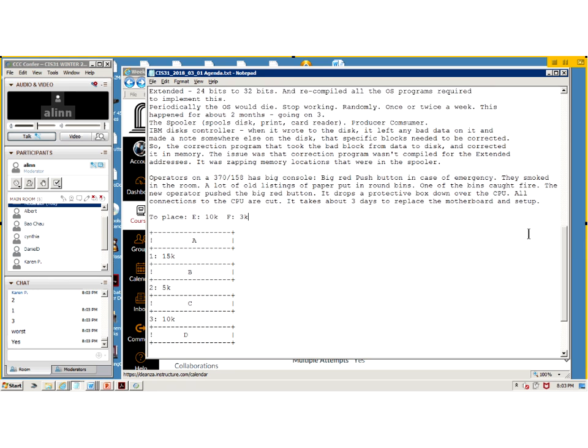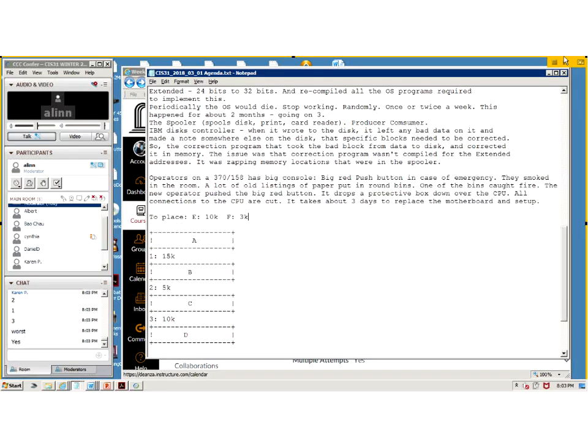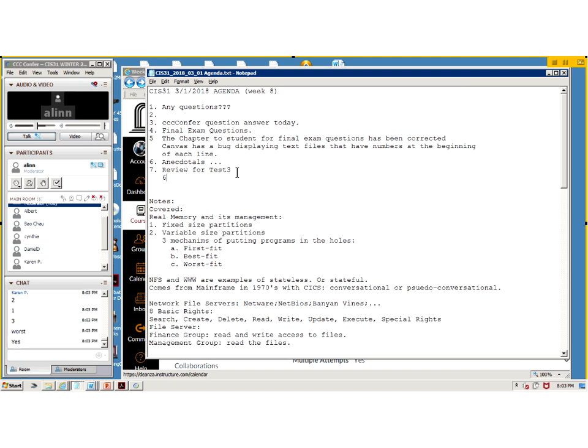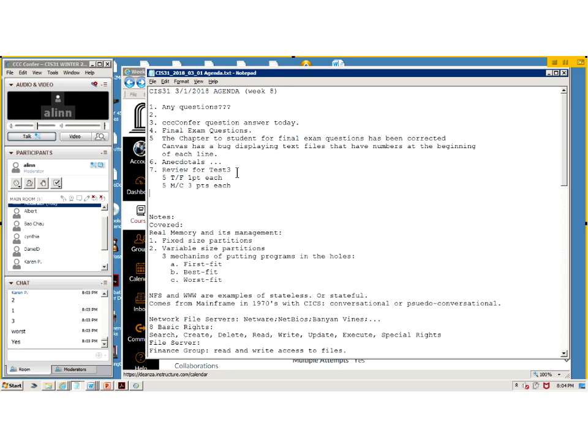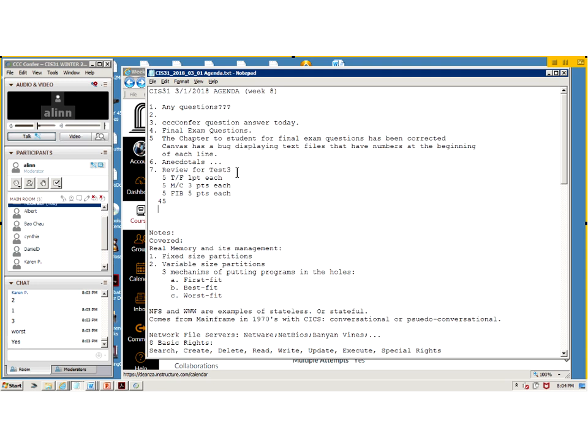Yeah, this one is worth 3 points on the test. So you know it's got to be a multiple choice question. I didn't tell you that. I should have told you, like I told you all the time. There's five true, false, worth 1 point each. 5 multiple choice, 3 points each. 5 fill in the blanks, worth 5 points each, for a total of 45. Plus, there's an extra credit problem,